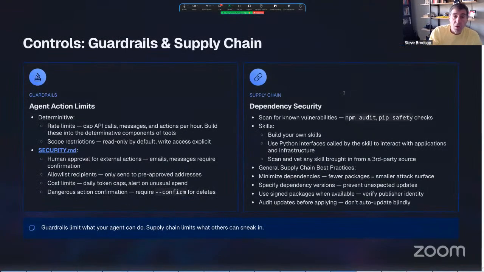Okay, guardrails and supply chains. This one is also critical.